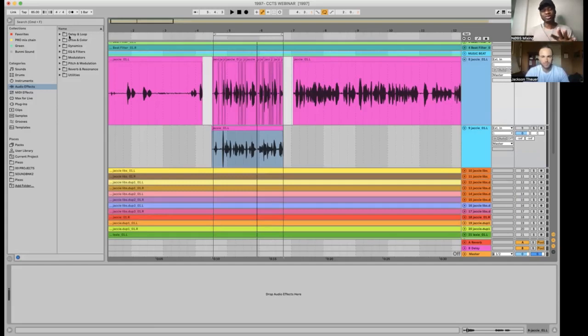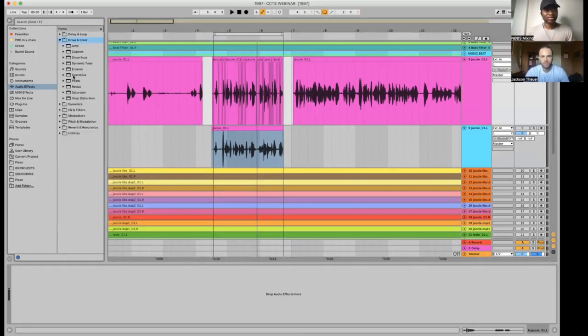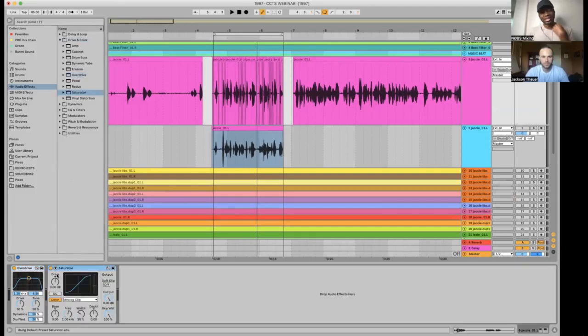Now, all the plugins I'm gonna use are gonna be stock plugins, no third-party plugins. But what I'm gonna do, you can replicate those with Waves plugins, iZotope. But I like to learn with these stock plugins, because I believe if you know how to use your stock plugins properly, you're not tied to third-party plugins, and it also improves your skills. So that's why I make sure I learn how to use these first before I move over to Waves plugins and all.